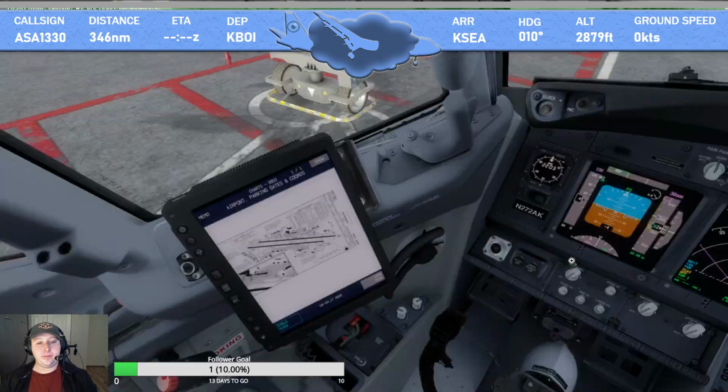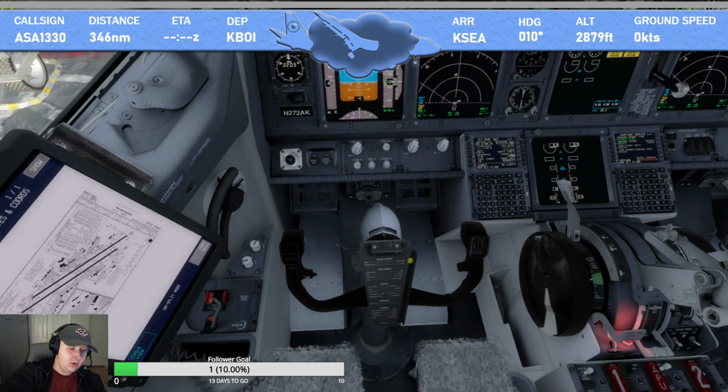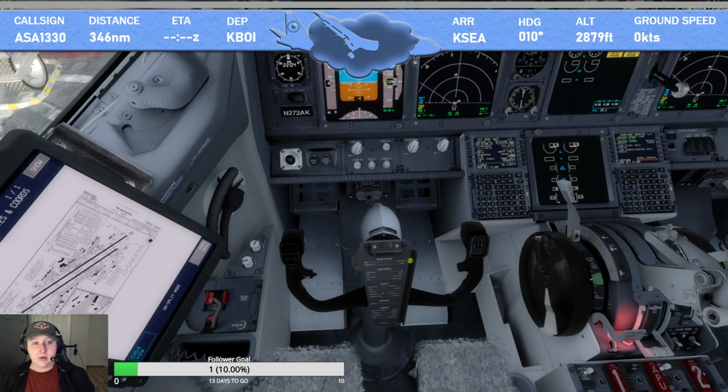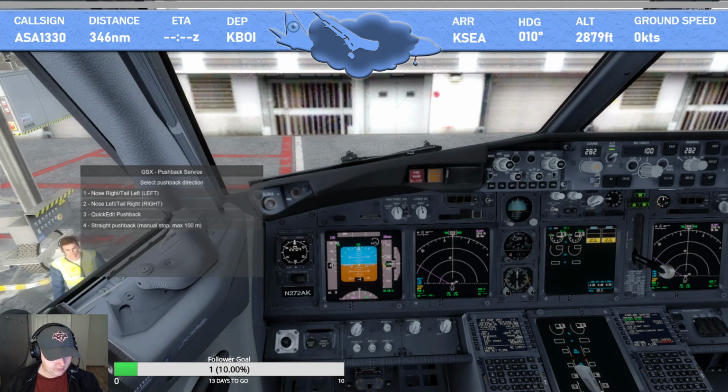Hello, Captain. We're ready for pushback. They want us to hold on our engines because we're going to have our engines start up after pushback since it's icy. Locking gear. It's a fairly normal procedure for us. So nothing too surprising there. So we'll get pushed back here, and then